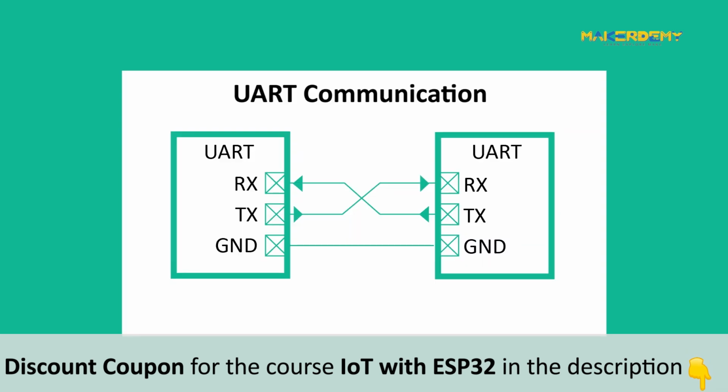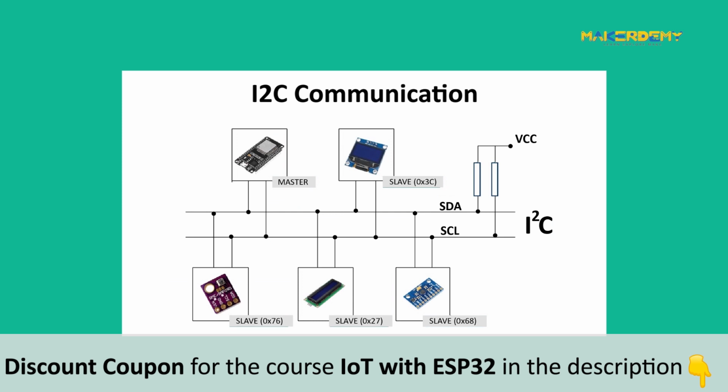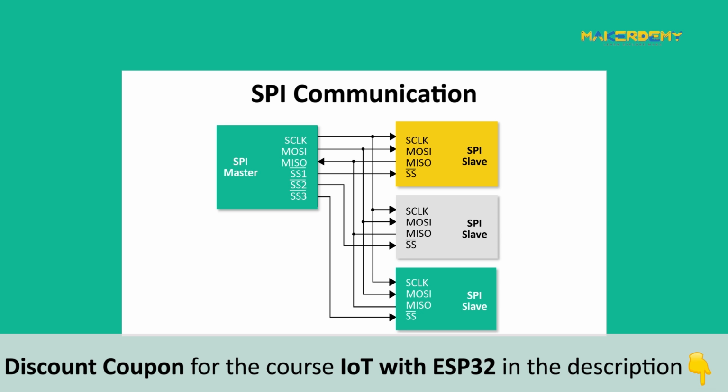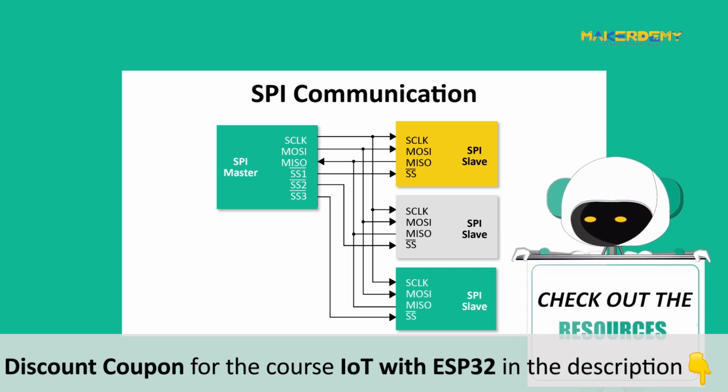The ESP32 can transfer data using serial, I2C and SPI protocols. The RX0 and TX0 are used for programming using serial transfer. Another set of pins, U2RXD and U2TXD, are also available. The SDA and SCL pins are available for I2C interfacing. There are 2 sets of pins available for SPI. Please check out the resources of this video for a detailed pin mapping.